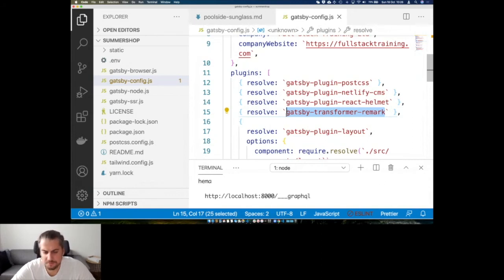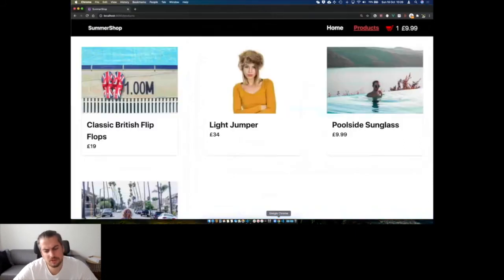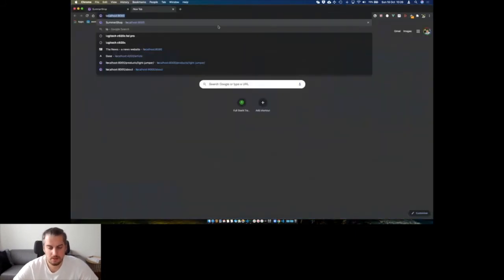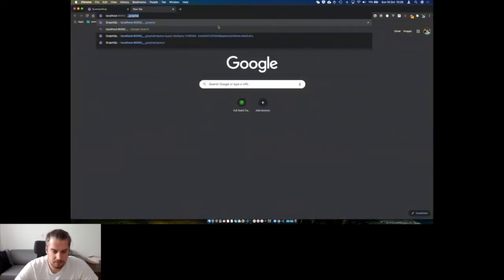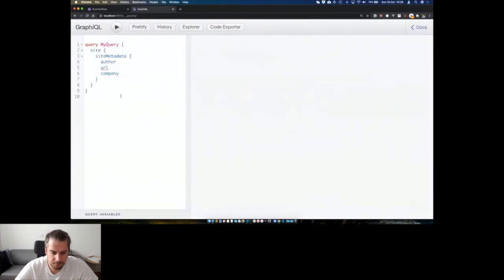So for those of you who are familiar with Remark.js, you know what it does. For those of you who are not familiar with Remark.js, it is a library that takes markdown files and can produce HTML from them programmatically. So with the combination of these two plugins, what I can do, if I go to the GraphQL Explorer,